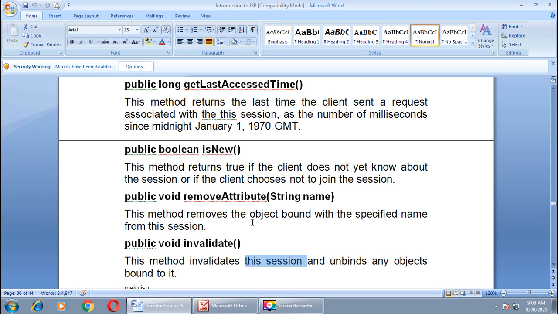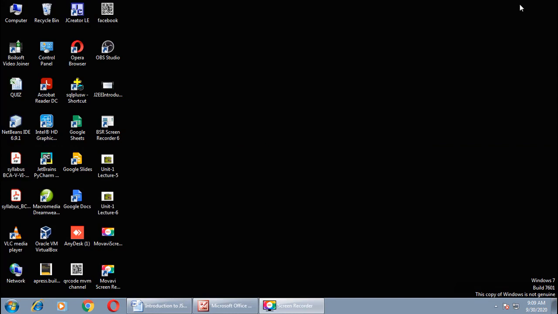Now let us begin our example. For that, what you have to do is open the NetBeans IDE. So let us minimize our document. Open NetBeans IDE.